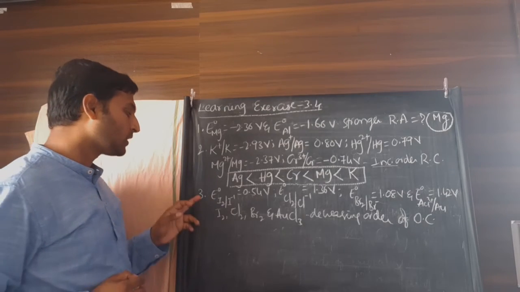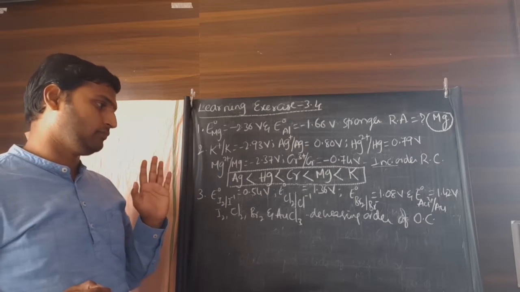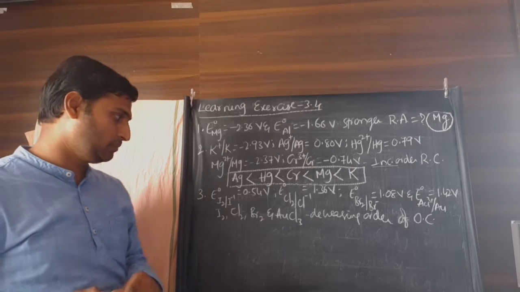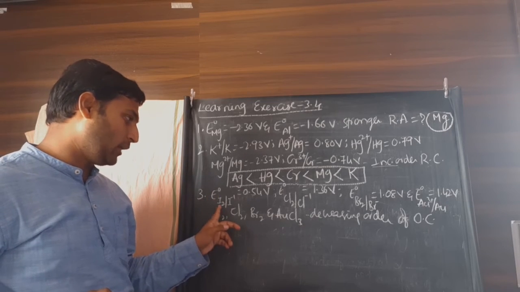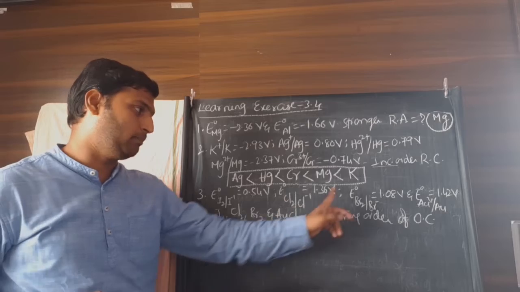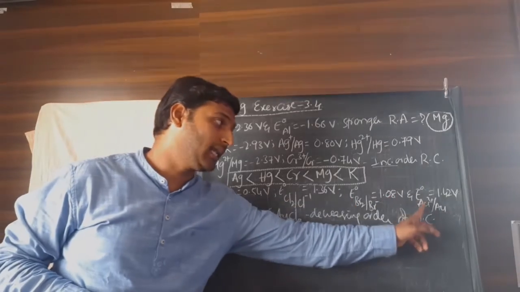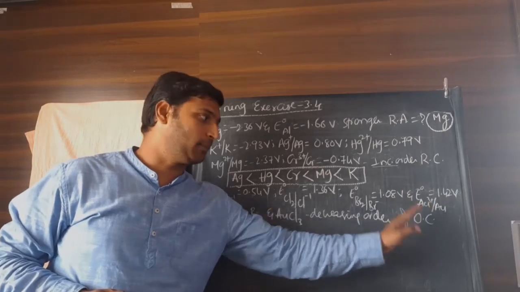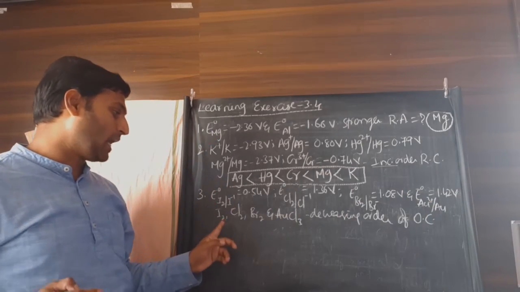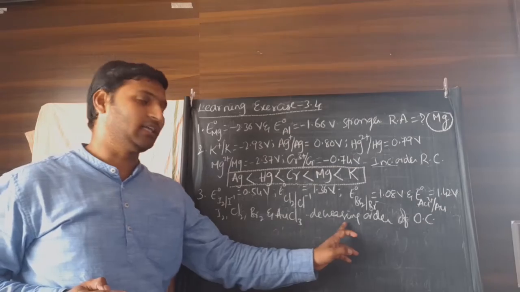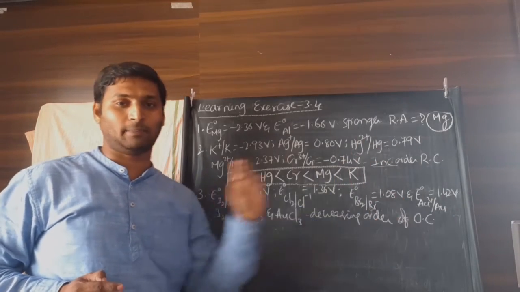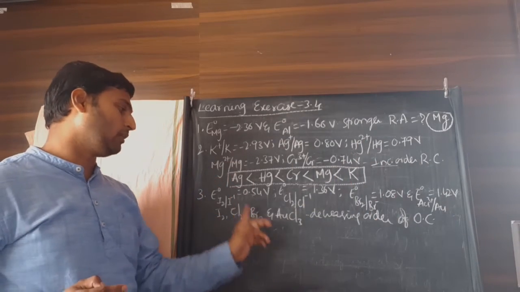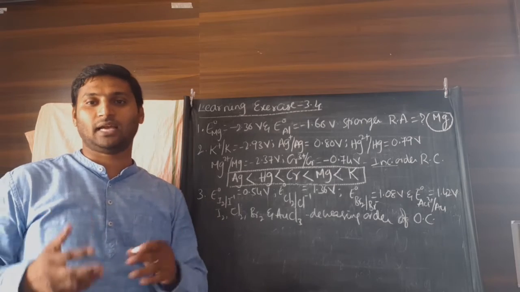Moving on. The third question, a similarly dissimilar question. Iodine iodide couple, chlorine chloride couple, bromine bromide couple, auric gold couple. Auric ion is Au3+. So the potentials are given and you are asked to identify the decreasing order of their oxidizing capacity: iodine, chlorine, bromine and auric gold. Again,